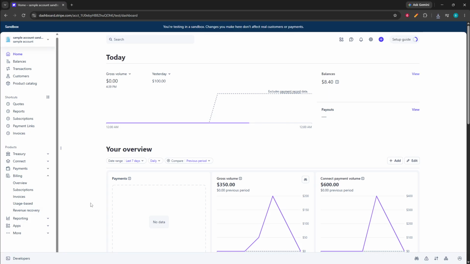In today's video, I am going to teach you how to set up a Stripe payout schedule. Start by making sure you are already logged into your Stripe dashboard. Once you are on the main dashboard, look to the top right corner of the screen and click the Settings